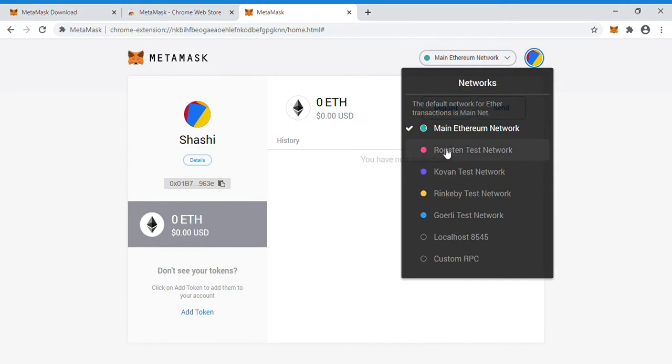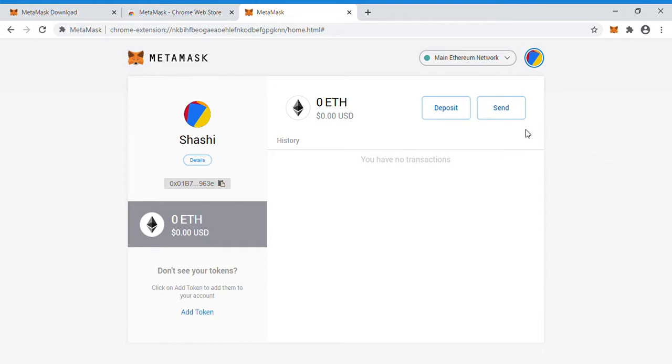So here we can use the test blockchain networks for testing purposes, like we can deploy smart contracts, or we can perform crypto transfers using the test networks. So we can check how the application will behave and its functionalities. Later we can deploy to the main blockchain network, the main Ethereum network. That is also possible.